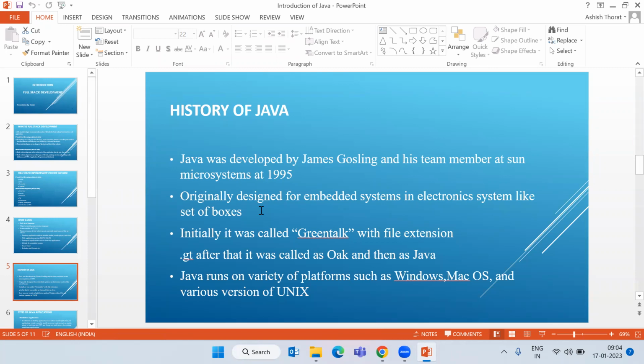Initially they gave it the name Green, then they named it Oak, and then finally they named it Java. Java is the final name they suggested, and after that they started working on it. The most important feature of Java is that it can run on a variety of platforms like Windows,